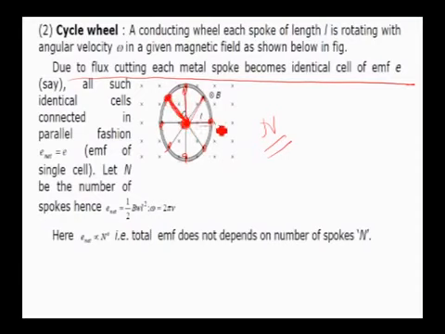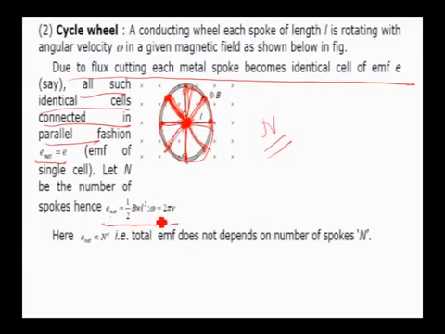are connected in parallel. What if a number of identical cells are connected in parallel? The effective EMF produced will be equal to E. That shows all such identical cells are connected in parallel, because this is the common point for all the spokes, and these are the points. Even this is also made common. It is nothing but a parallel connection of all the cells, and we get the same expression for EMF here,